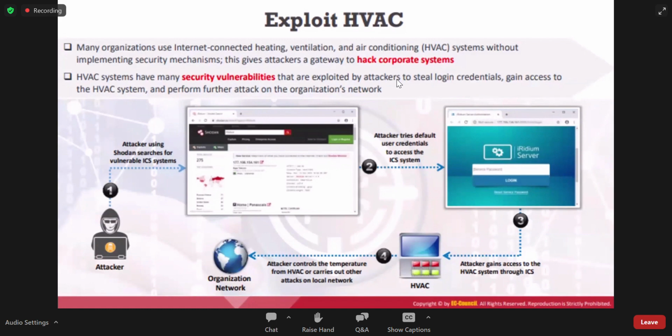If you are using a default credential, I can easily manage your router. From there I can get the information out of any other connected devices on the router, etc. It can lead to many problems. The same applies, instead of a router portal, we'll be having an HVAC system over there.